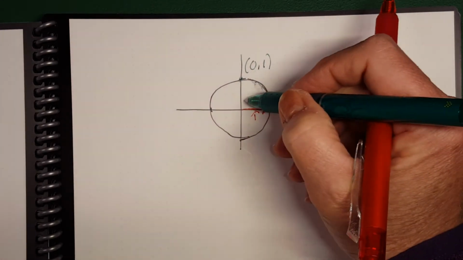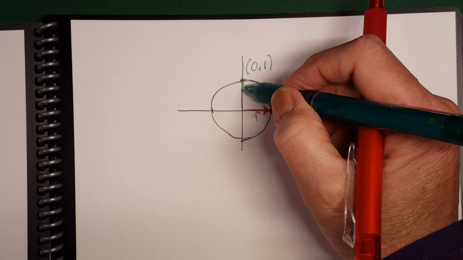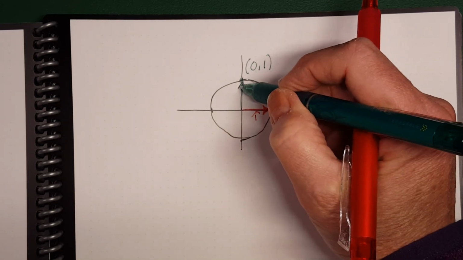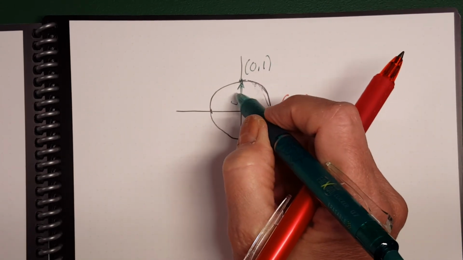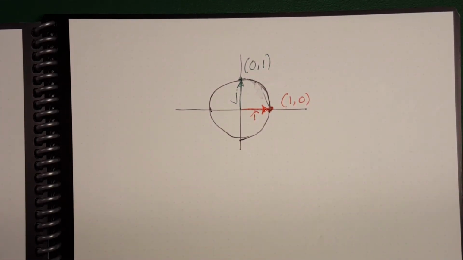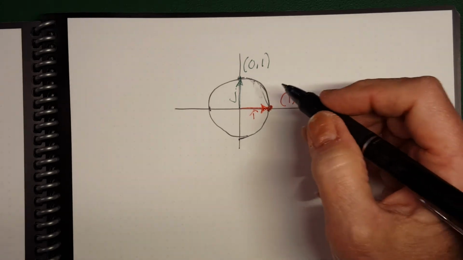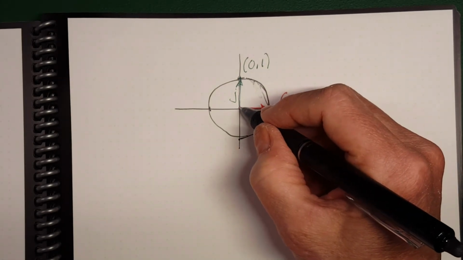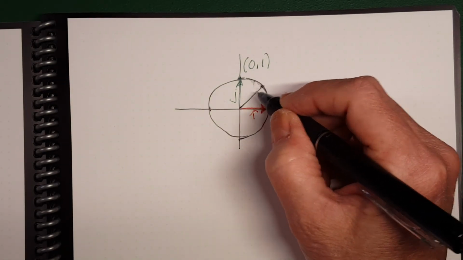And if I was to draw this radius in and put its arrow on as a vector, that's the j vector. And it turns out that on the unit circle, since the radius to any point on the unit circle is 1,